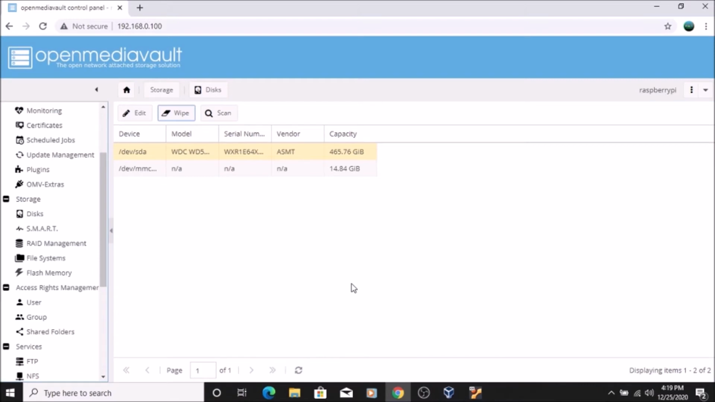So friends, I have done with wipe the device. Now what we are going to do, we have to create a file system for our hard disk. So simply, as you can see here, it is the file systems tab. As you can see inside the storage, we have our file system alternative. Simply we are going to click on the file systems,